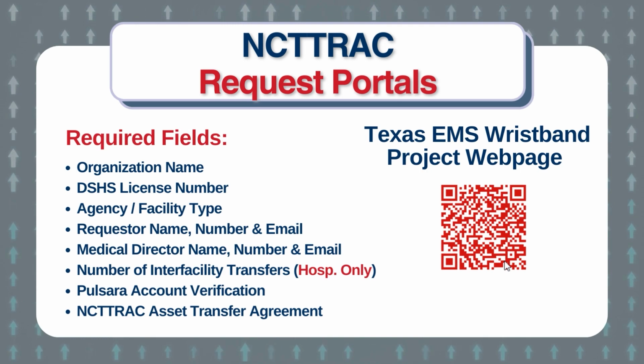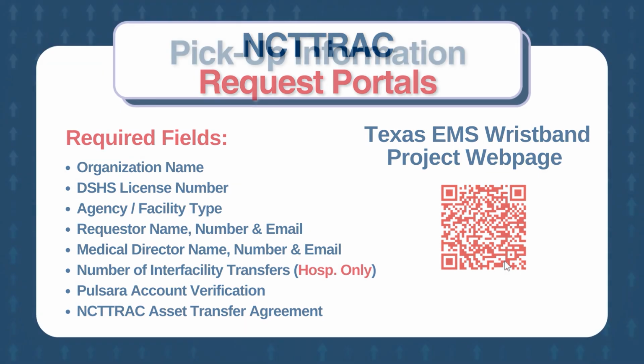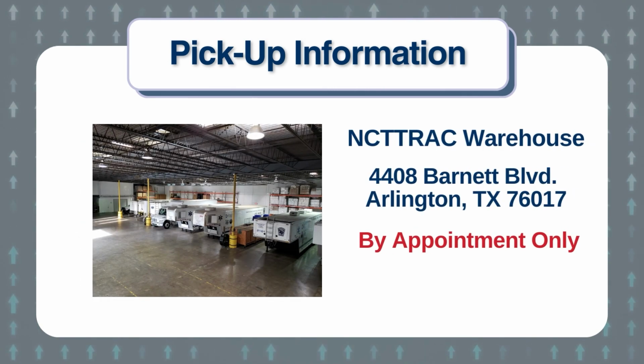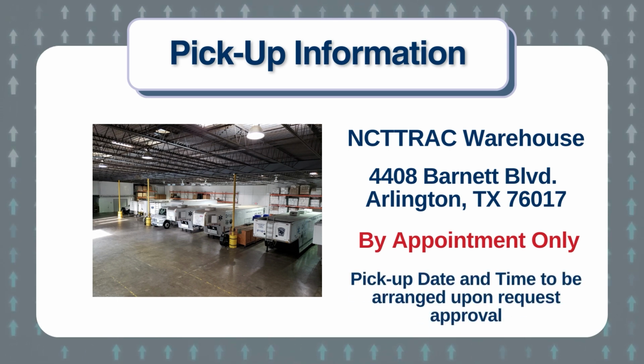Once completed, RAC staff will begin the process of verification by reaching out to the requester listed within the form and review the quantity requested by the organization. Finally, the delivery information will be provided once organizations are approved. This will be known to the requester by our logistics department. RAC staff will discuss and determine delivery options, including details on specific pickup dates and times from the NCTTRAC warehouse. For any further logistics questions, please review the contact information provided.